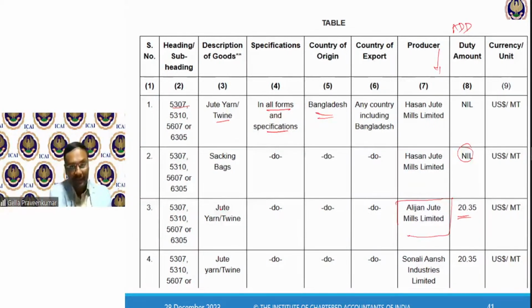Now look at this information, students. I have brought these notifications just to bring your attention and interest to this less discussed, less read, less thought about topic called the Customs Act. This Customs Act has so much wide scope once you get into practice. Coming back.